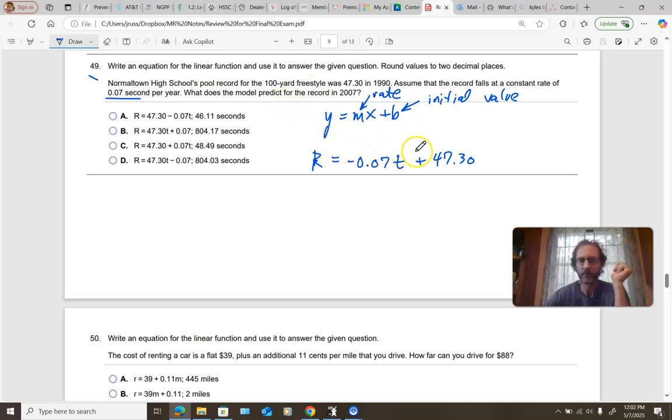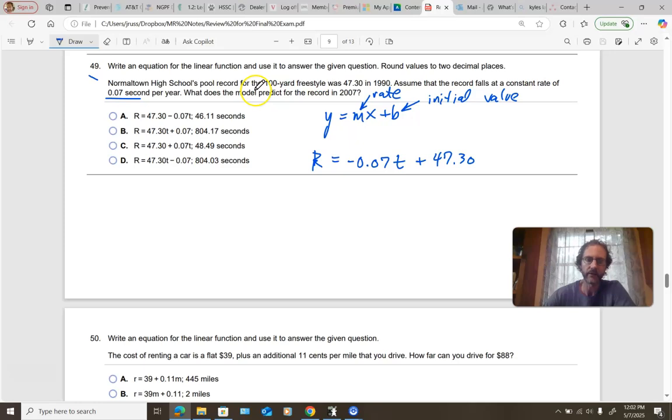All right, so this would be our model right here. Now the book likes to swap these two terms. They like to place the initial value first, and then the amount of change second. So just be aware of that. But once you know this, you can pretty much pick out the answer. It's got to be A. But to verify,